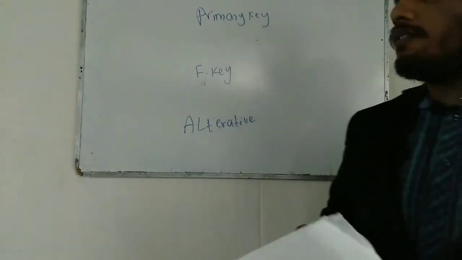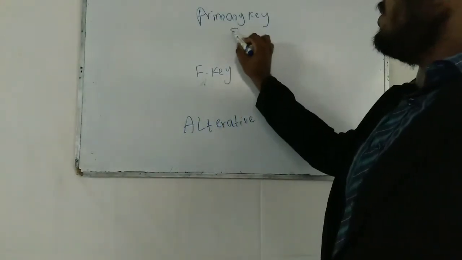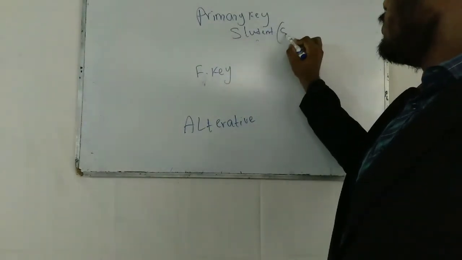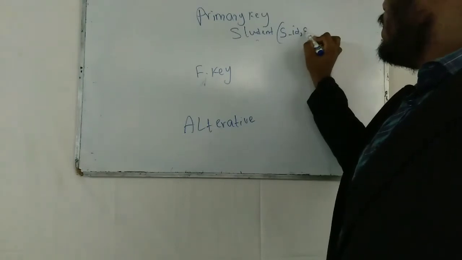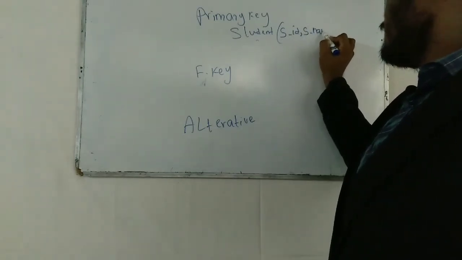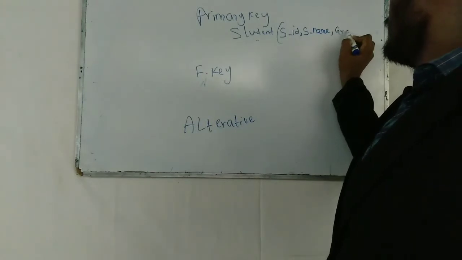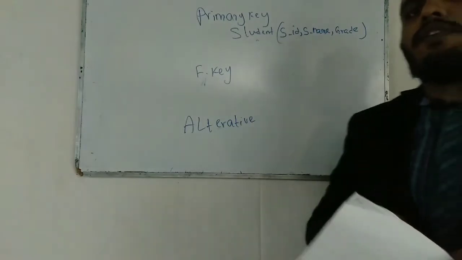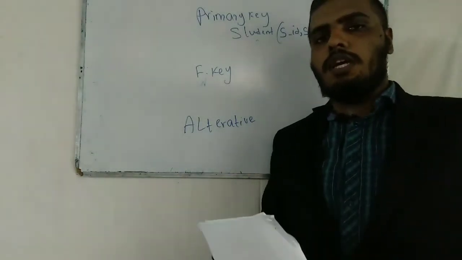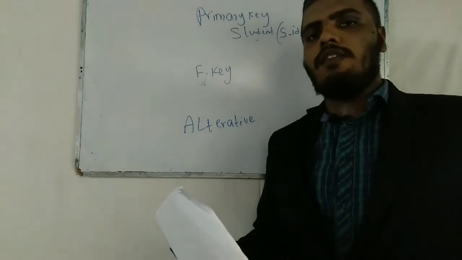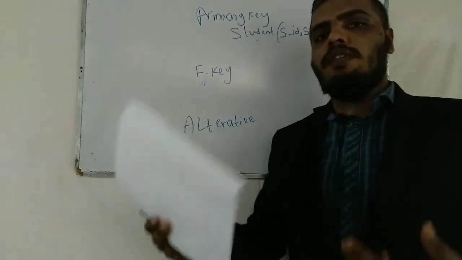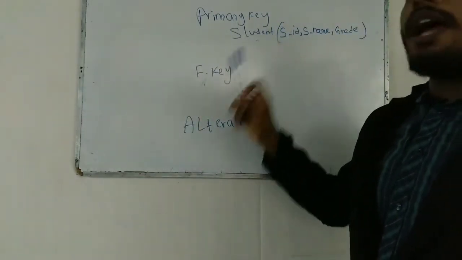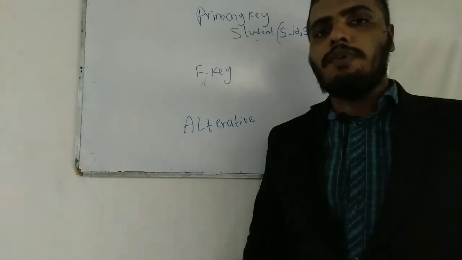So primary key means if there is an entity called student and it has attributes student ID, student name, grade. So within these attributes, in order to qualify for a primary key, the attribute should have the quality of recognizing the rows uniquely only by using that attribute. So we can recognize rows using the student ID attribute, because of that it's a primary key.